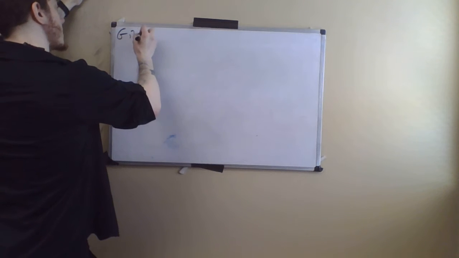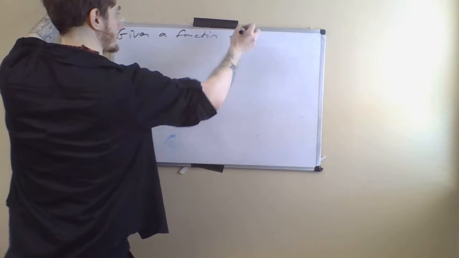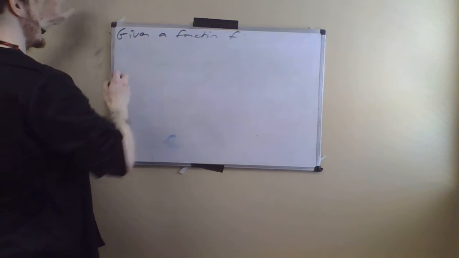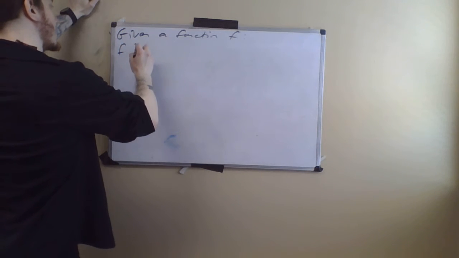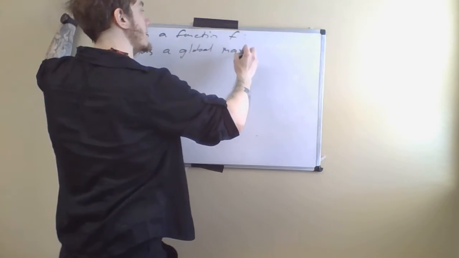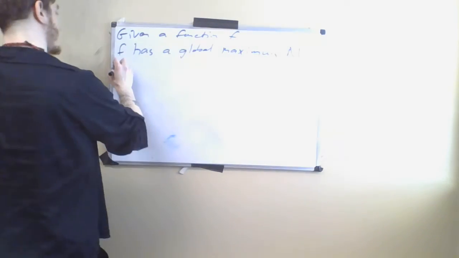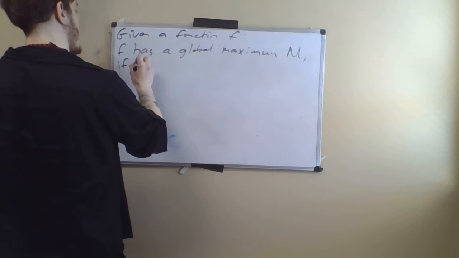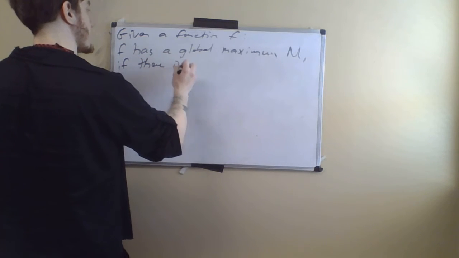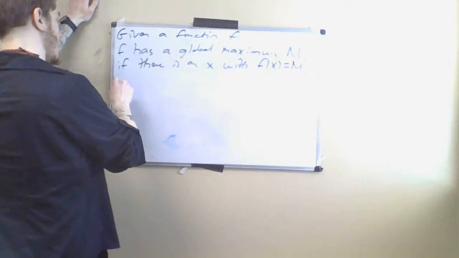So given a function f, we will say that f has a global maximum, capital M, if there is an x with f of x equal to capital M, and